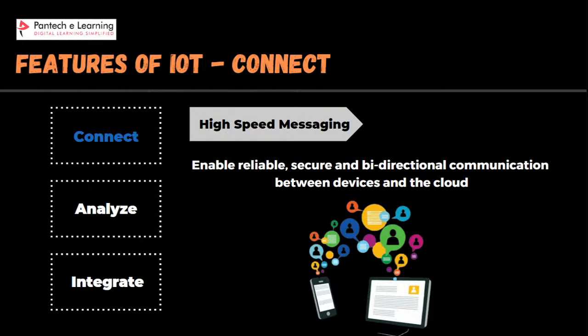For example, I want to switch on the AC. Then the signal would go from the cloud platform to the device. So this is how it works. Okay, so every communication needs to be reliable. It needs to be secure. It needs to be bi-directional as well. So the next one is